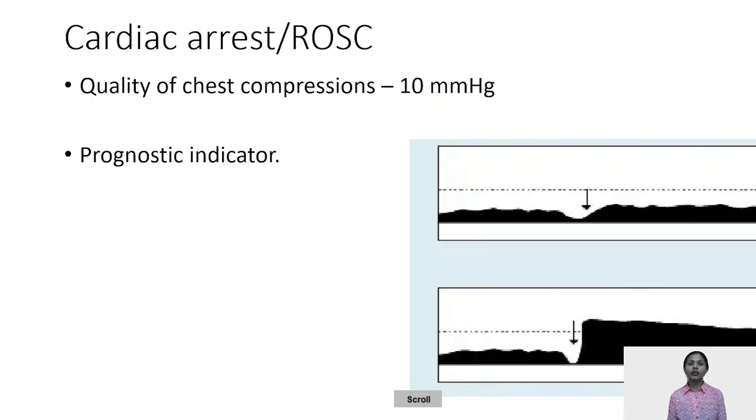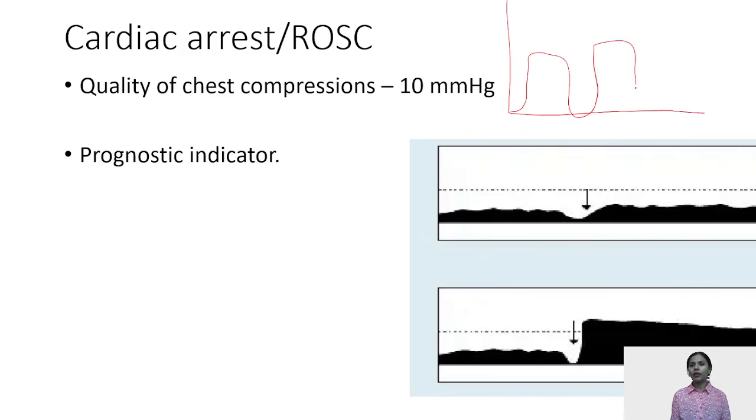Now talking about the third case scenario, cardiac arrest. Suppose a normal capnograph was going. We had a normal capnograph and suddenly we had a straight line, which could be suggestive of a cardiac arrest. Obviously, when we're talking about cardiac arrest, there would be other vital parameters also which will be changing, like your pulse will be absent, there will be marked hypoperfusion or hypotension in the patient. It is suggestive of cardiac arrest.